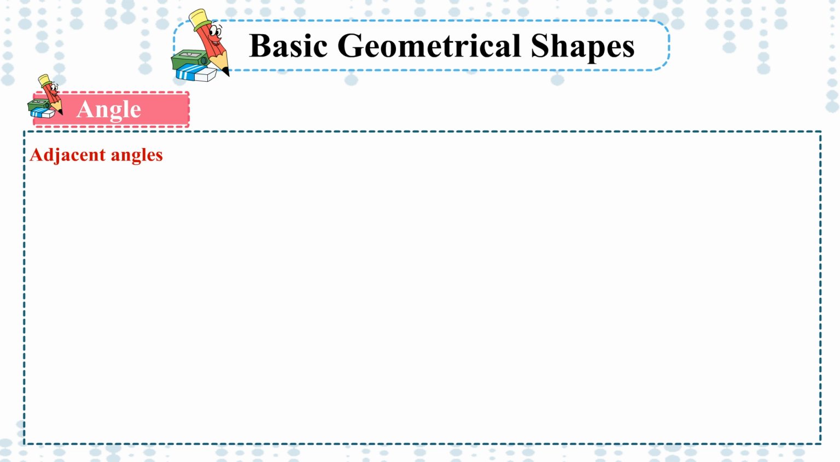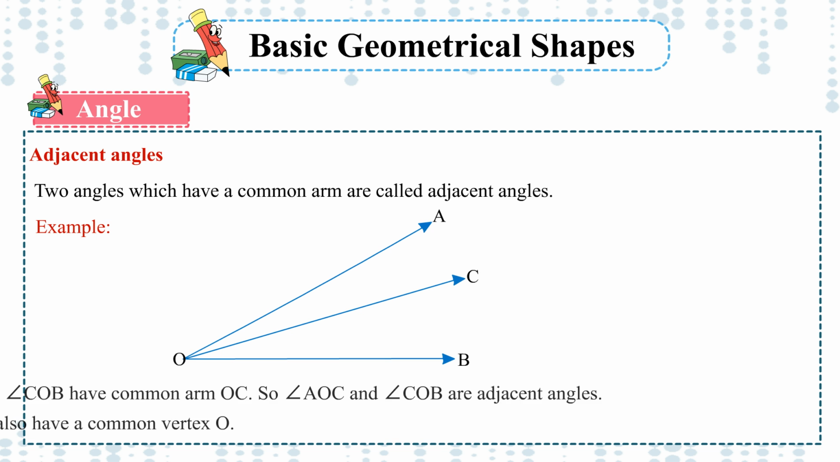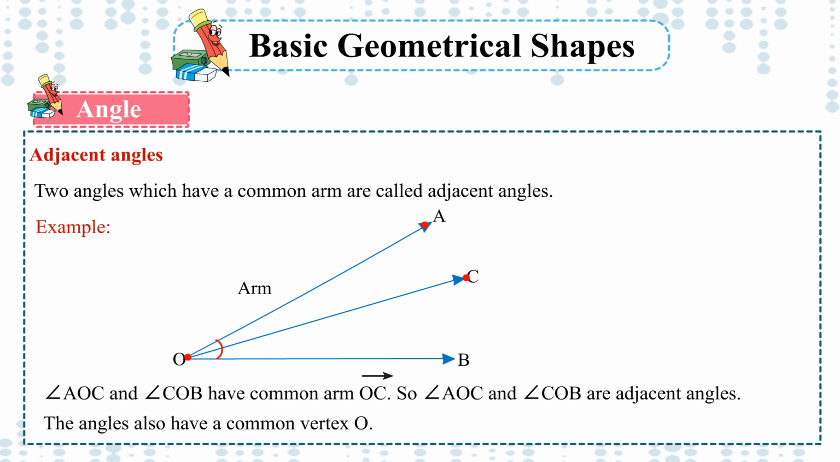Adjacent angles. Two angles which have a common arm are called adjacent angles. Example. Angle AOC and angle COB have common arm OC. So, angle AOC and angle COB